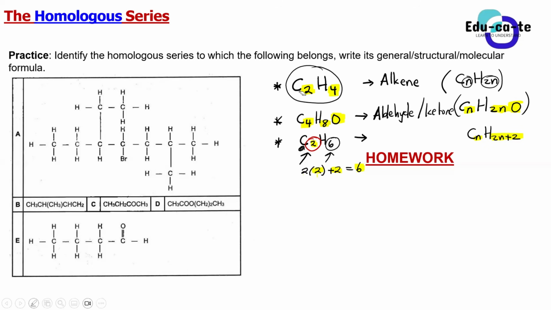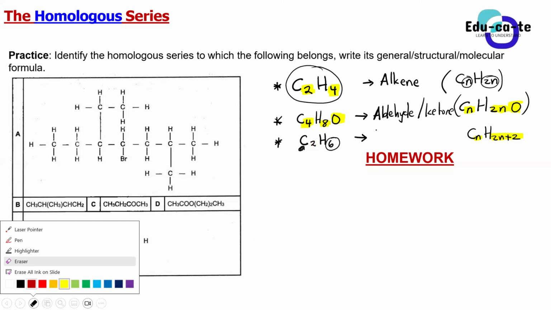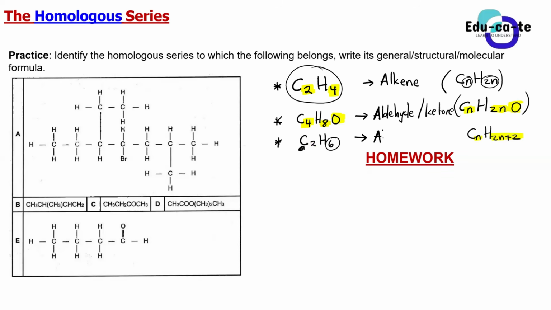Yes, guys, please, these basics are very, very important. Today I was supposed to start with naming, but I'm postponing naming again, just so that you get this. So this is definitely going to be an alkane. The homologous series here is an alkane. I'll give you one more. Let's say this is C4 and this is H6. Give me the homologous series to which this belongs.